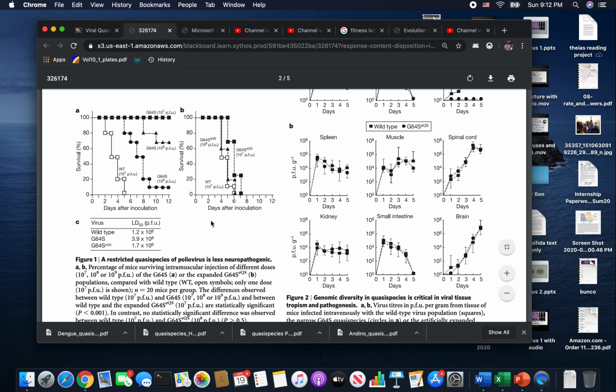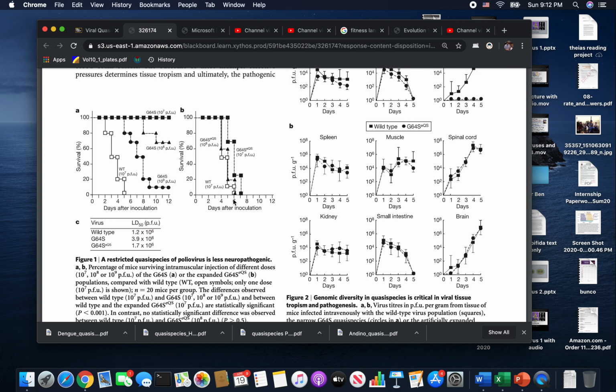So let's go over to panel B. This is the one where they compare the wild type virus. So once again, it's the white boxes, and you can see with wild type virus, boom, and we're all dead. Instead of 5 days, one mouse made it to 6 days and then died in this case. That's no big difference. They're comparing that to the same amount, 10 to the 7th, of the G64S with the